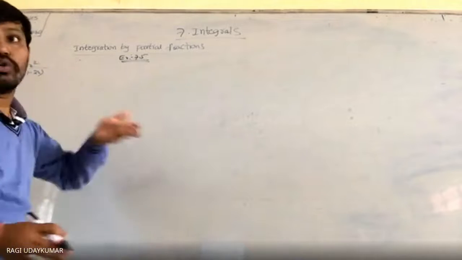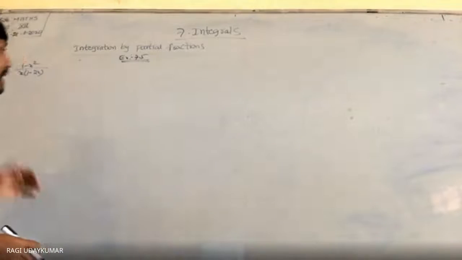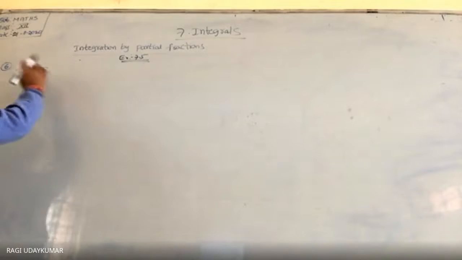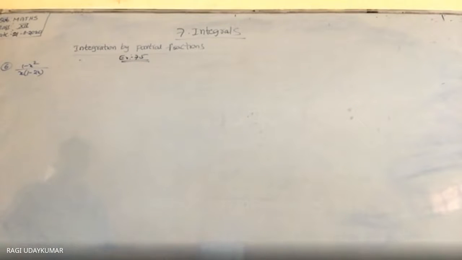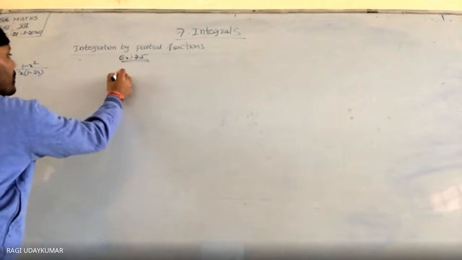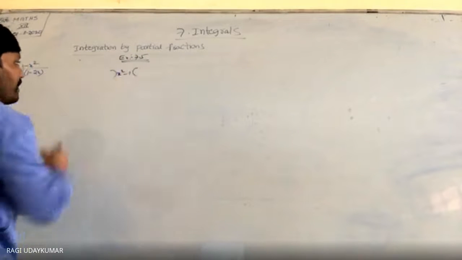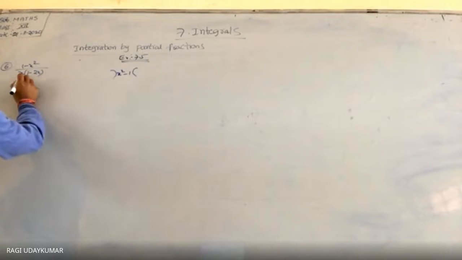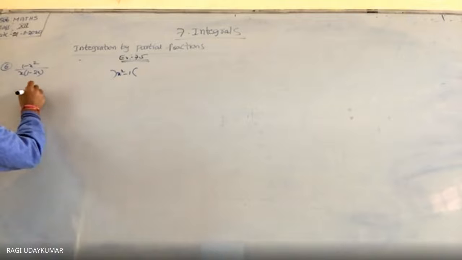So in this situation, what to do? हम लोग क्या कर सकते हैं? Divide करना है. Division perform और rough में perform कर लो. How do we perform the division? Numerator को denominator से divide करना है. So what is the denominator here? It is given 1 minus x square by x into 1 minus 2x. So if you take here numerator minus common ले लो, x square थोड़ा confusion avoid हो जाएगा. x square minus 1. इधर भी minus common ले लिया तो 1 minus 2x का 2x minus 1 हो जाएगा.